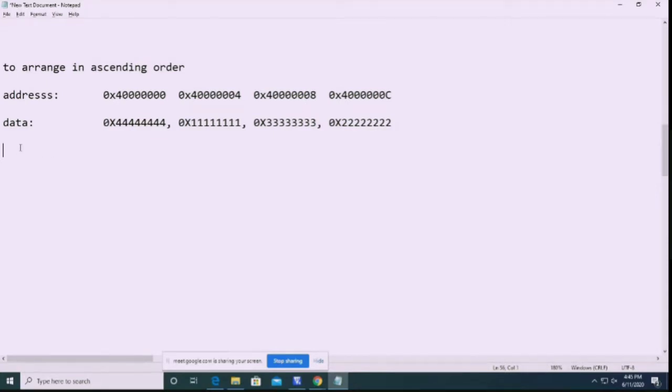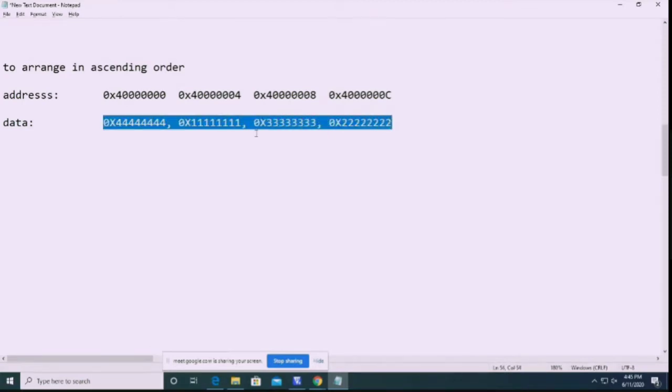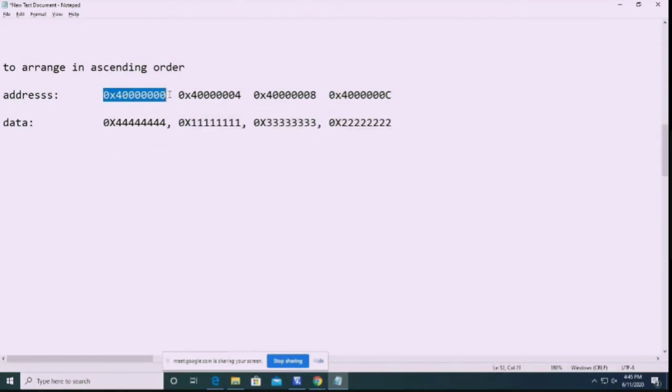So first we have 2 loops. In the first loop we will take all these values and check the smallest number, and the smallest number is stored in the lowest address. So at this address 0, we'll have the smallest number. Which is the smallest number? This one. This is the smallest number, and that value will be stored here in this address.